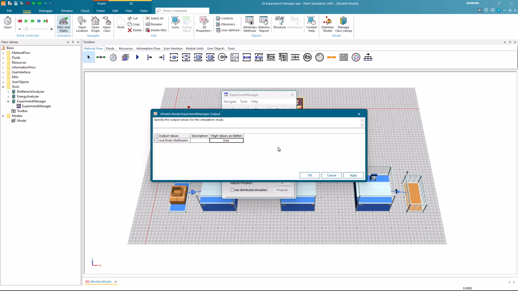In the report generated later, we will see the best parameterization of the variables. If you do not determine whether higher or lower values are better, Plant Simulation cannot know which result to show as the best result in the final report. The second way to enter variables is by doing it manually. You can press Enter and input additional variables as needed.